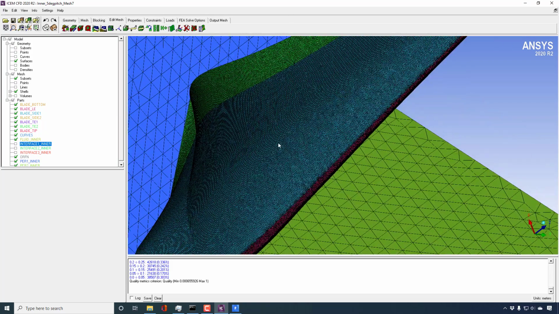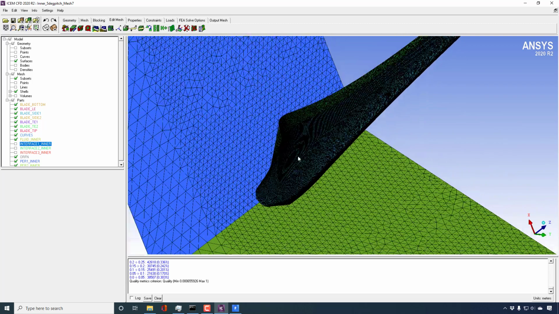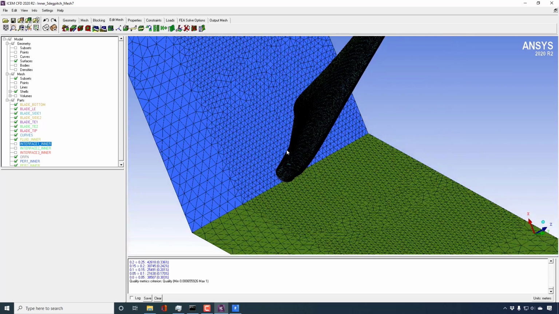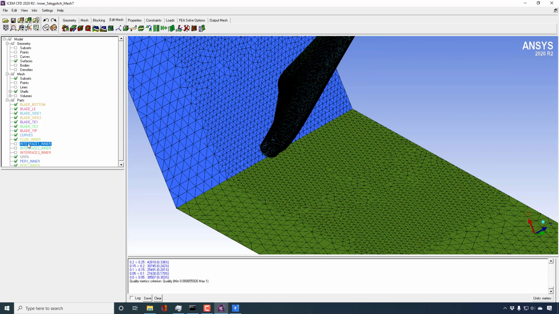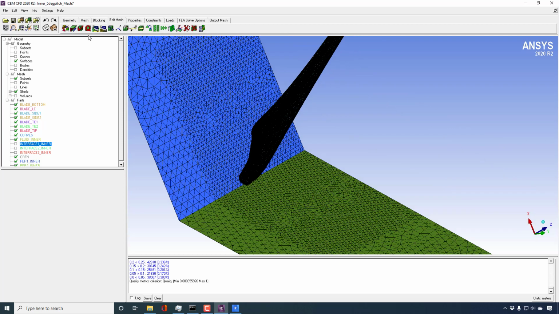This is a single blade from a 3-bladed horizontal axis wind turbine, and this is the inner domain, so we have these interfaces on the 3 sides. The important thing here is how you can pinpoint the quality issues. Definitely we're not going to see how to rectify them in this video, but in the next videos I will tell you how you can rectify the low quality problems.